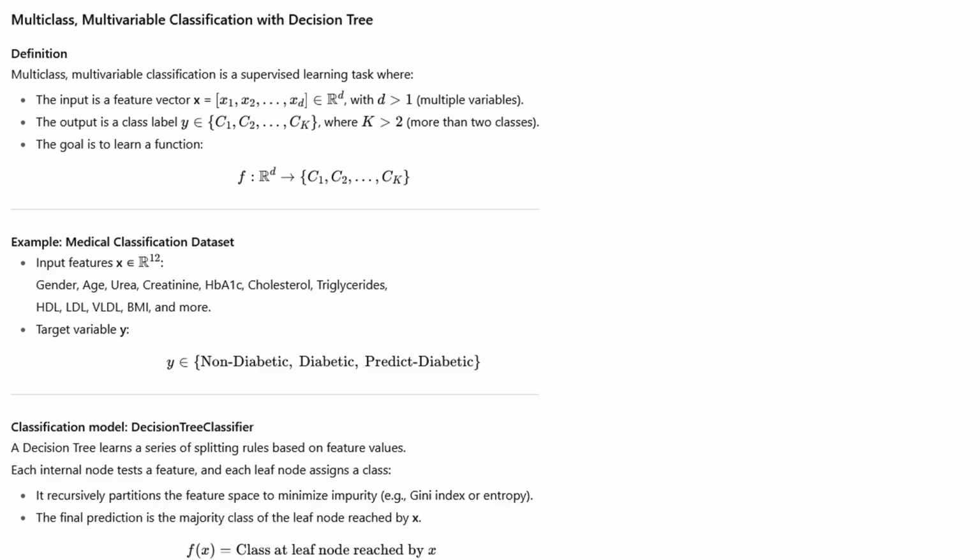This slide focuses on the decision tree classifier, the model we will be using for this task. A decision tree works by splitting the data based on feature thresholds that reduce impurity, using criteria like Gini index or entropy. Each internal node represents a decision based on a specific feature, and each leaf node assigns a predicted class. One of the strengths of decision trees is that they are highly interpretable, making it easier to understand how the